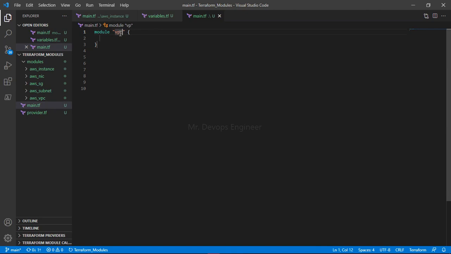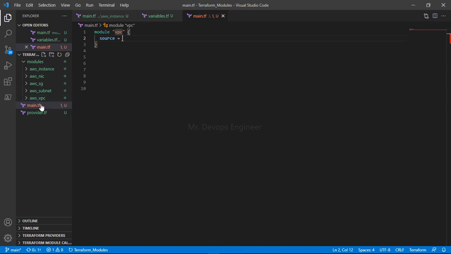VPC itself, it's fine. And how will you access this, right? How will you access this, that is source equals to, and here you have to provide where from this main.tf, how you will reach this AWS VPC section, correct?